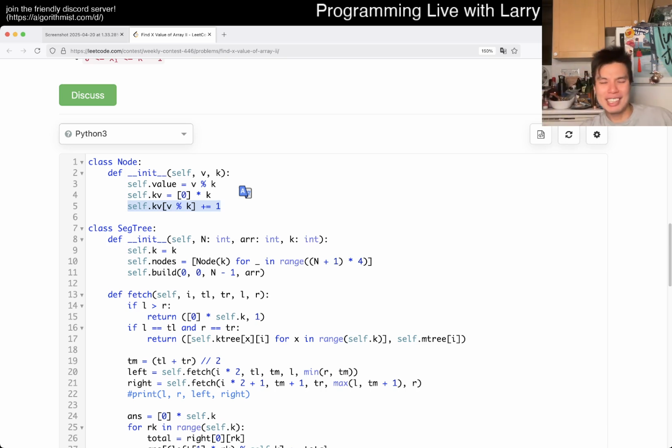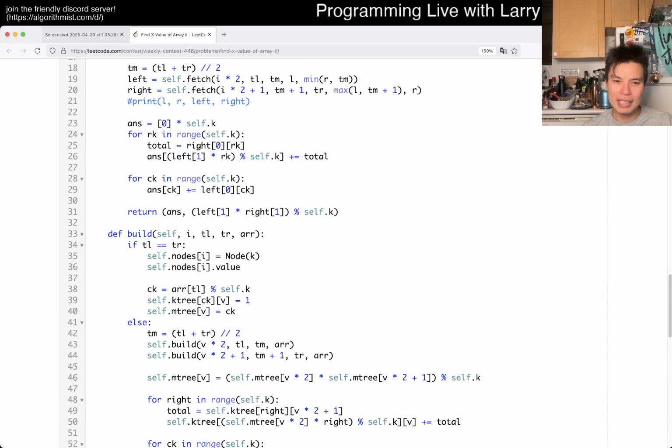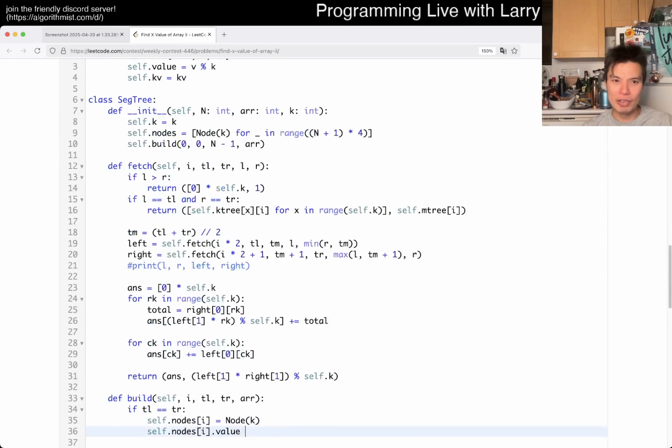Is this what I want actually? Maybe I lied. Hang on. I think we're fine. Let's just define those two things, right? So value is v mod k, and then maybe k values. Then we just do k values, right? And maybe do it this way, right? And then on a build, we just create a new node,